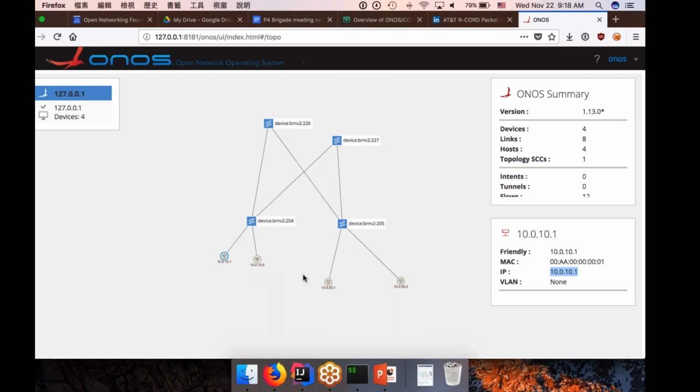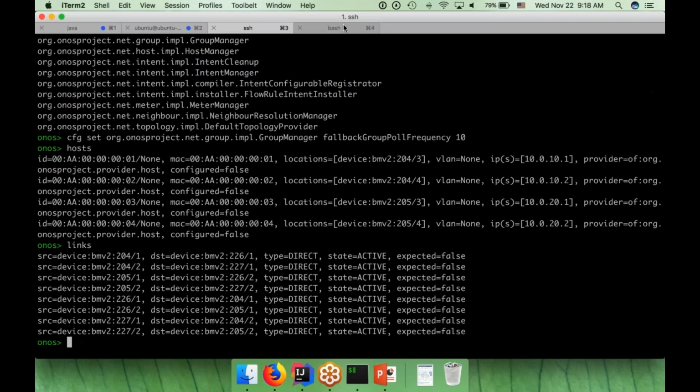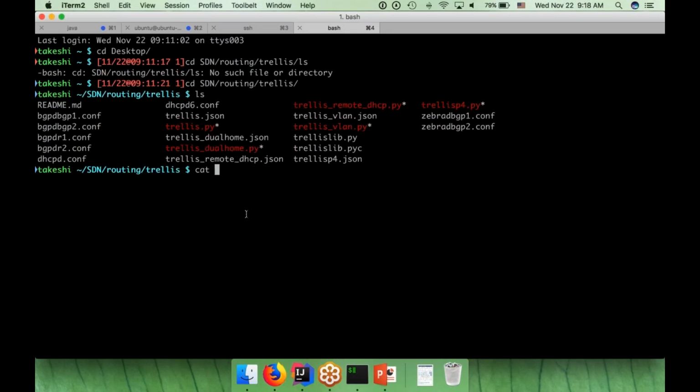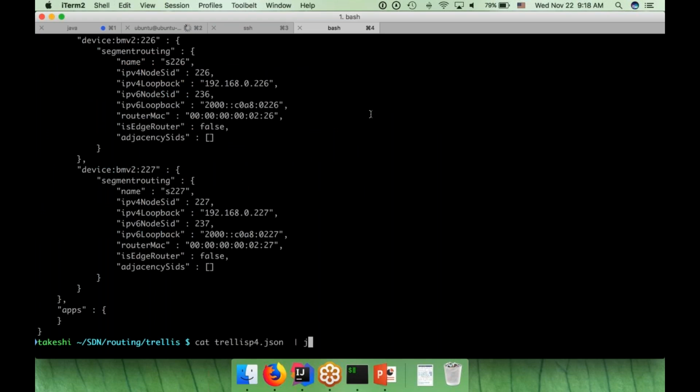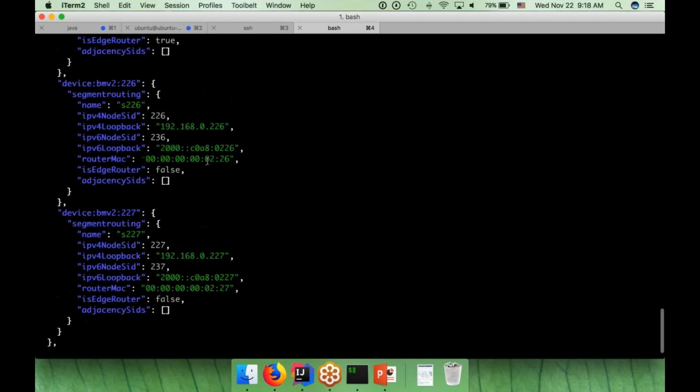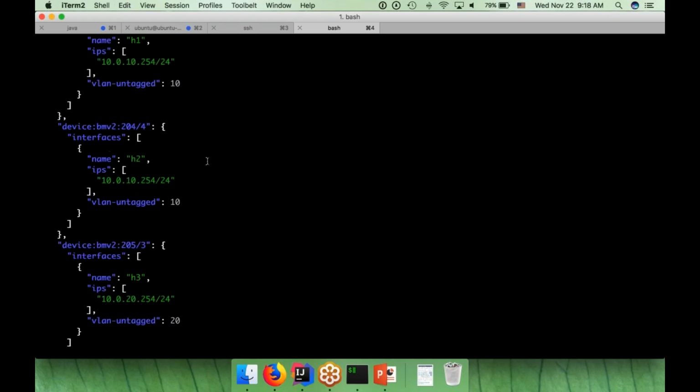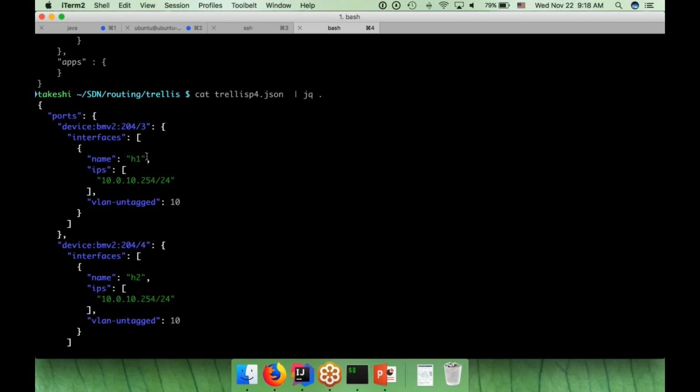So the next step is to push the network configuration. So let me show the network configuration first. So we have trace P4.json. Okay, so it basically sets the interfaces for each port. For example, the third port on 204, this port connects to H1, so I just put the name of the